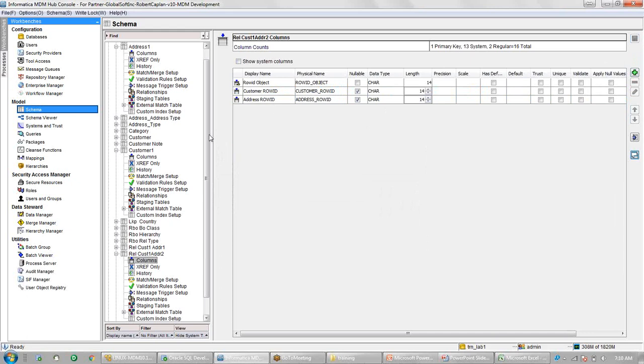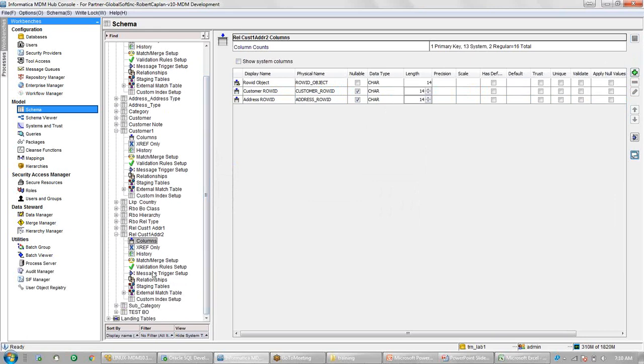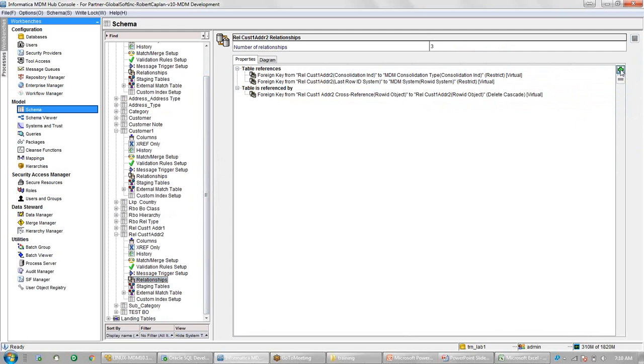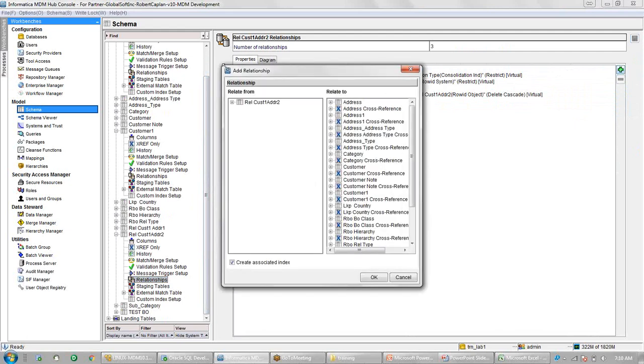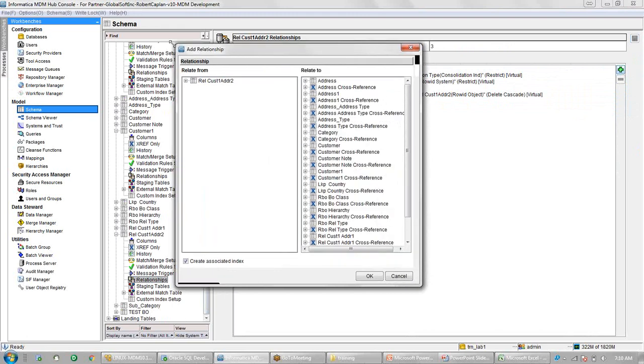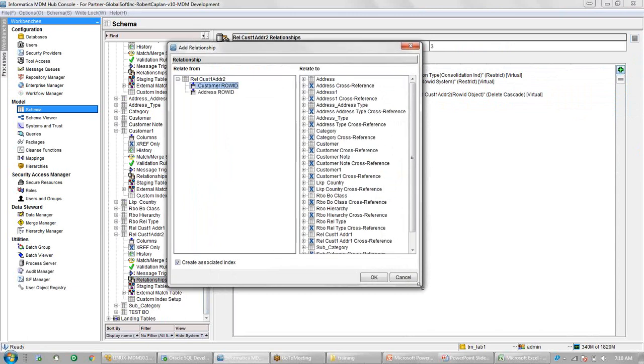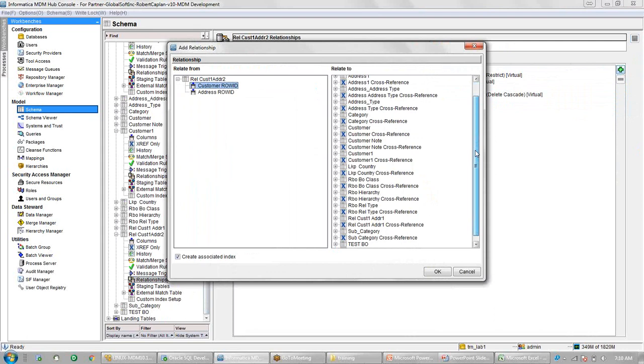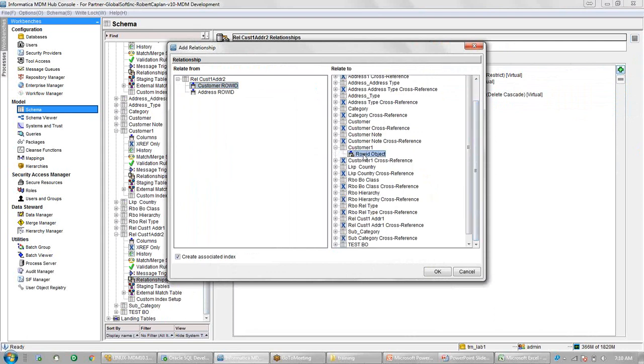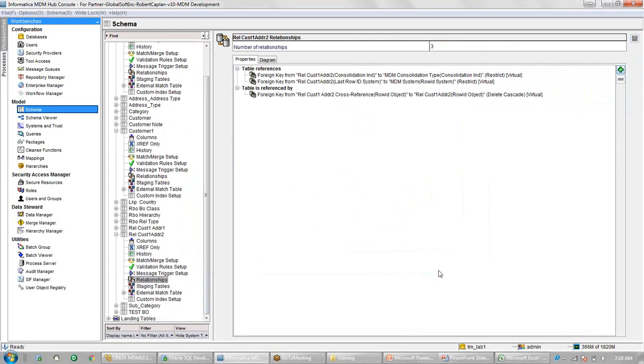And now I will go again to the relationship tab and I will add both of them. Once I click on this add relationship button, again I will see both the columns on the left hand side. So this customer row ID I will map with the row ID object of the customer one table. Similarly, next I will map the address row ID column.